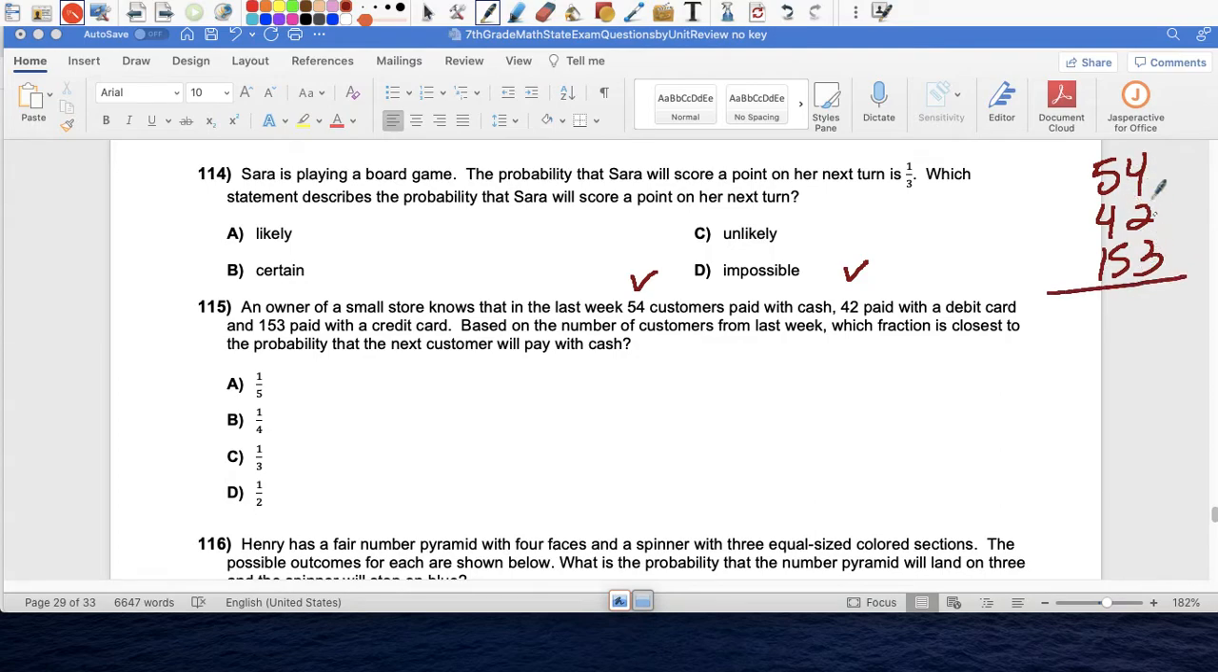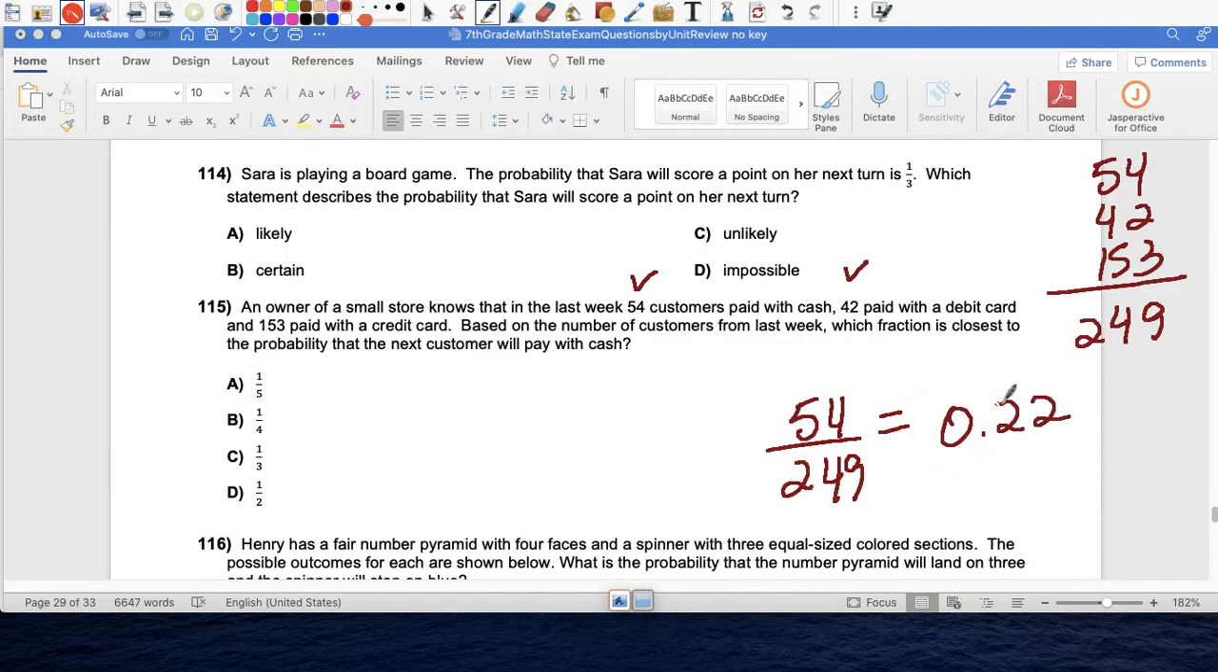That is 6, 9, 14. There were 249 customers. So out of 249 customers, how many paid with cash last week? 54 paid with cash. So which fraction is closest to the probability that the next person will pay with cash? It is 54 out of 249, and if you take a moment to divide that, it's about 21, well, if you round it, 22%. So the closest to that,